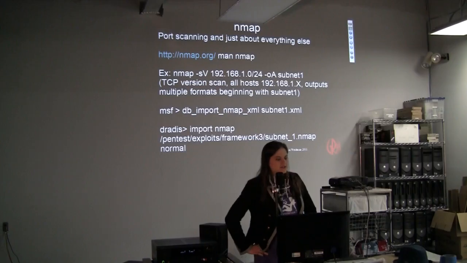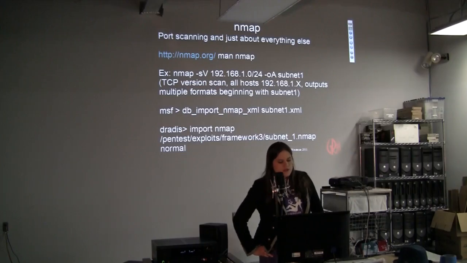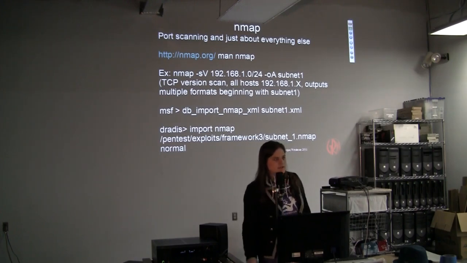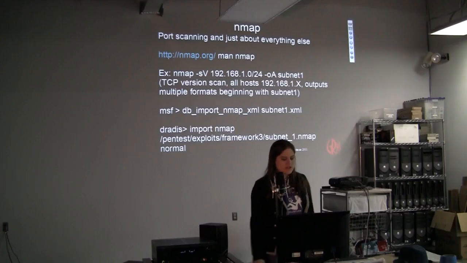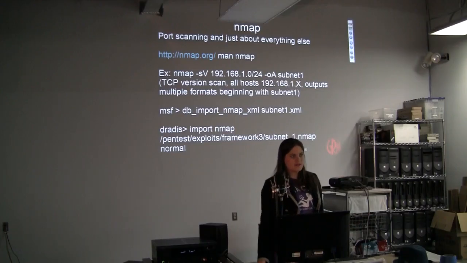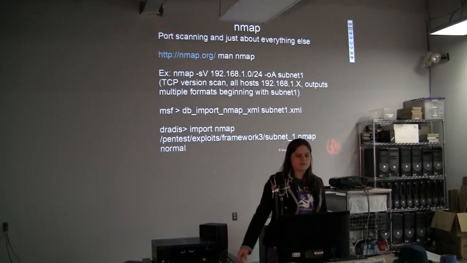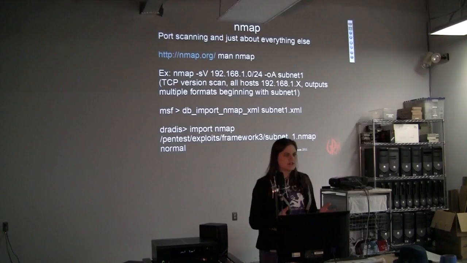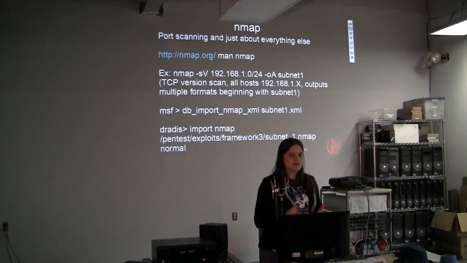But the example we're going to do, we're going to run an Nmap scan. It's a TCP version scan, and so that's our -sV. It's going to just tell it to do a TCP version scan. If you look at your man page, that'll tell you that that's what you tell it for that. There's all sorts of scans, unicorn scan, Christmas scan, connect scans, idle scans, but we're just going to do this particular one. And what it's going to do is do a TCP connection and try and find the version of what's listening on the other side.